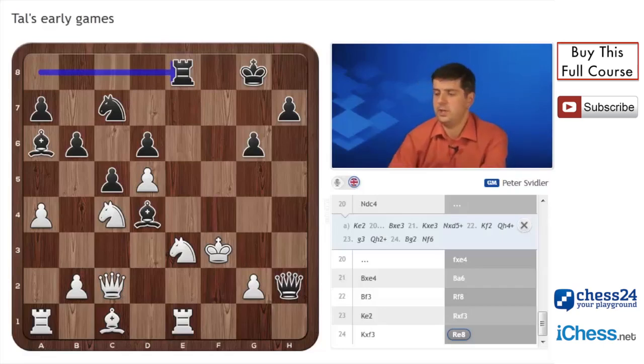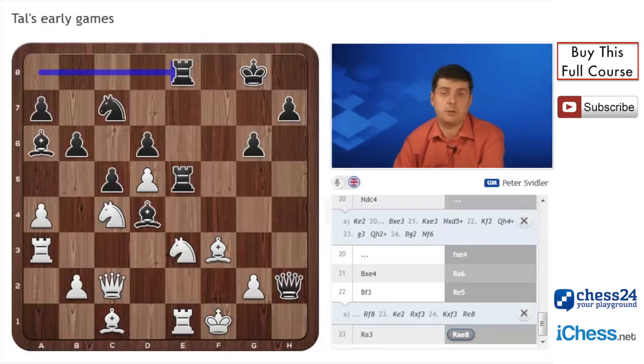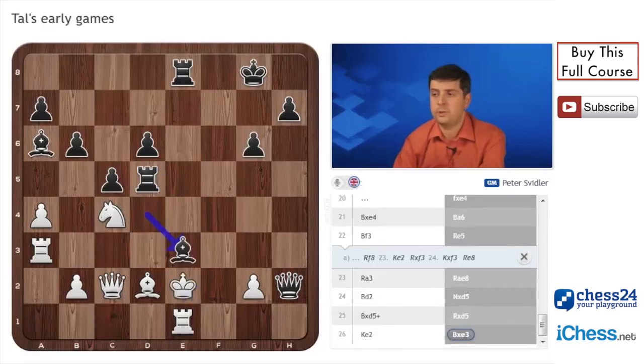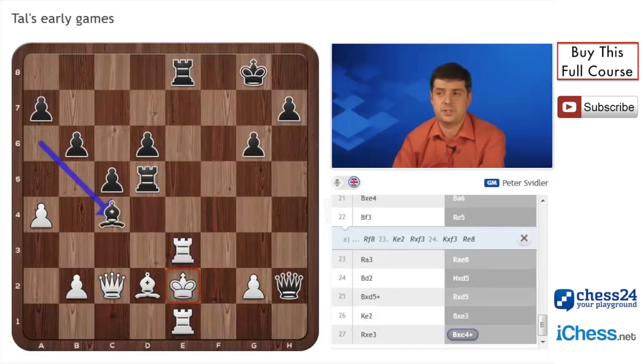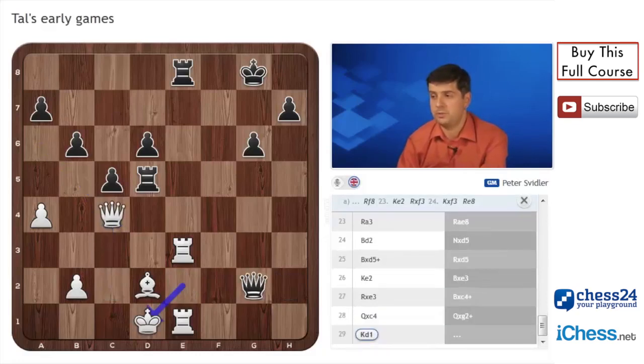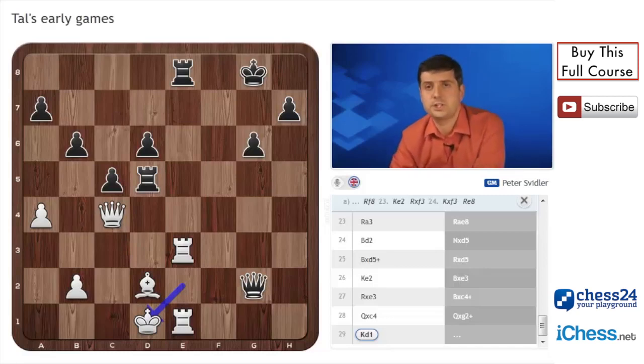He went rook e5, rook a3, rook a8, and now black is ready to at least win back all the material. And the game continued, bishop d2, knight takes d5, bishop d5, rook d5, and after king e2, bishop e3, rook e3, bishop takes c4, white finally resigned, because if he takes on c4, queen g2, king d1, and queen takes d2 is mate. Now, as I said, this is a somewhat one-sided game, which is, from a purely chess